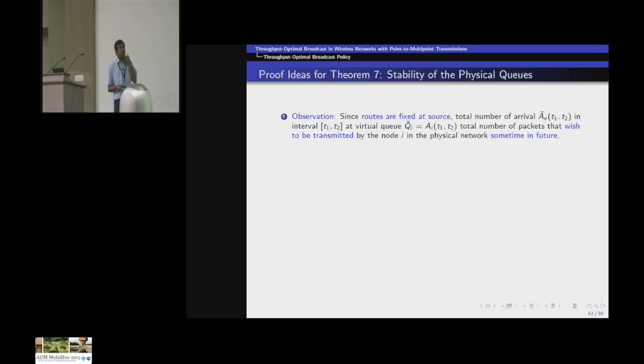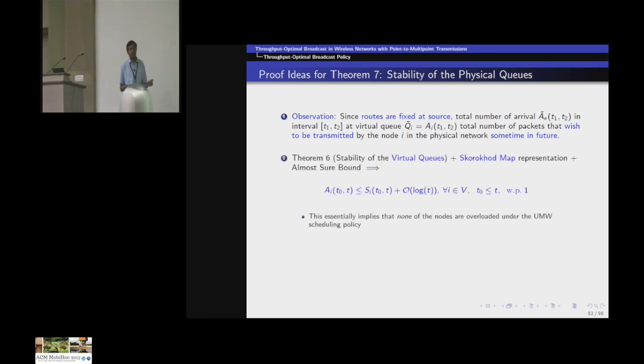Now the proof idea. Routes are fixed at the source. The basic thing we have to establish is that the total arrival at a source is less than or equal to the total departure, that is the total service allocated to the source, plus a fudge factor, and this fudge factor is of the order of log t, which will go away when you divide by the time.